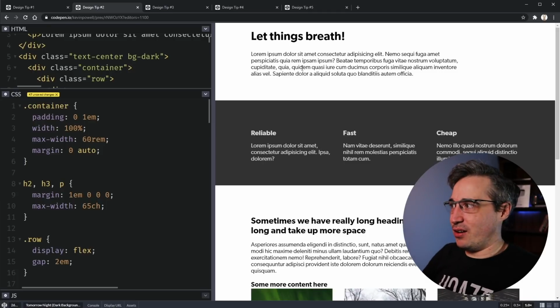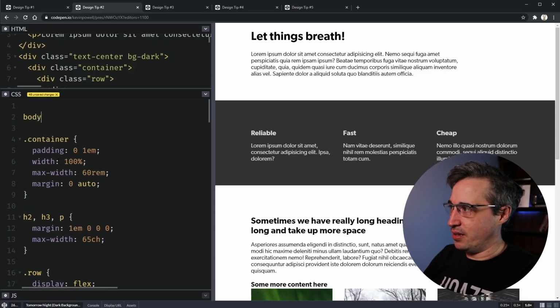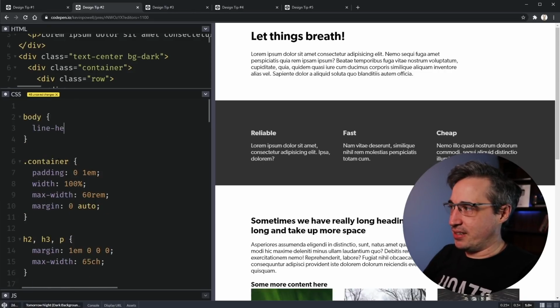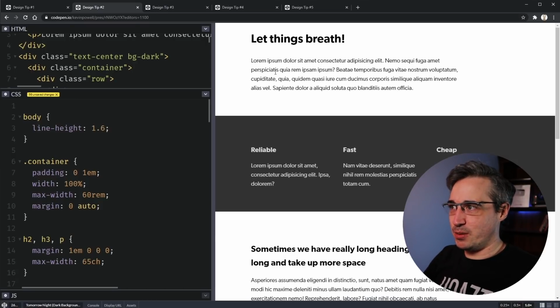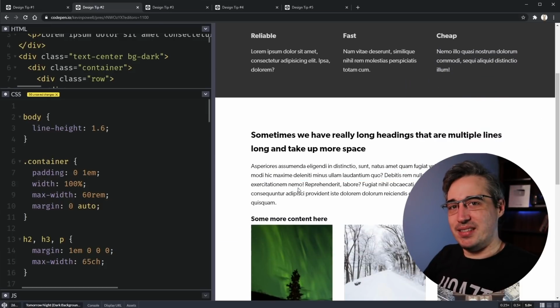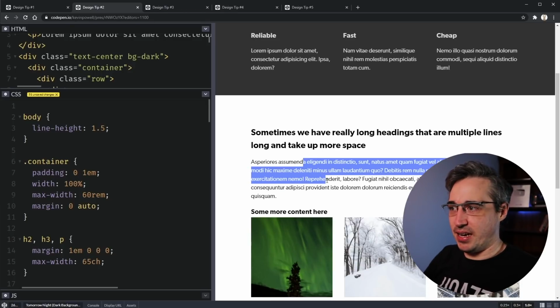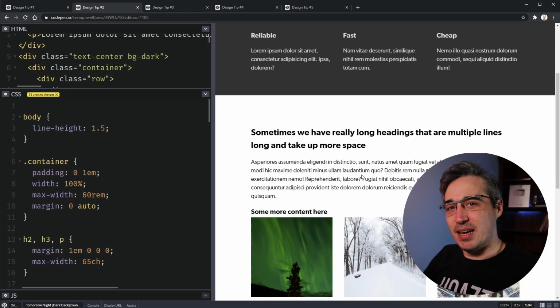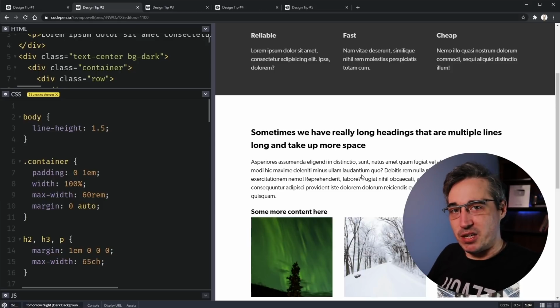this whole let it breathe thing also comes in. So I'm going to, I don't have a selector for it here yet. So on the body, having a line height that's not the default 1.4 is probably a good thing. We want to space our paragraph text out a little bit. It also makes things easier to read. So like a 1.5 to a 1.6, depending on the font and the font size and other things, can make a really big difference and make things much more readable.